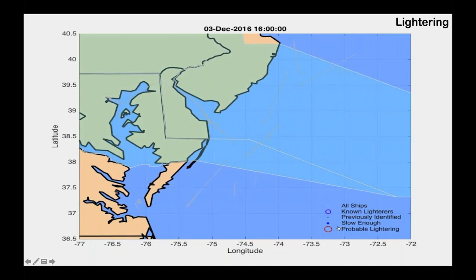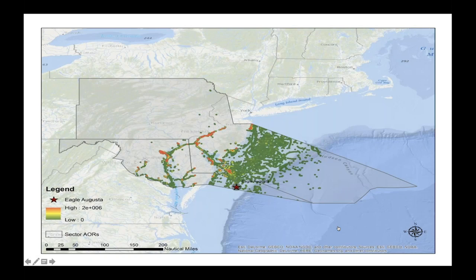This is a different application for lightering. Lightering is where 2 vessels transfer cargo offshore. It's a concern because if they're doing it in international waters, it sometimes doesn't require permitting, and spilling things like petroleum products is a concern, and it's difficult to track them. But it's pretty intuitive that if you have Spire's AIS feed and a couple of vessels carrying the same type of cargo pull alongside each other for a few hours, you can just flag those vessels, and it's very simple